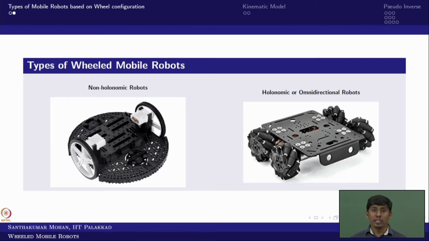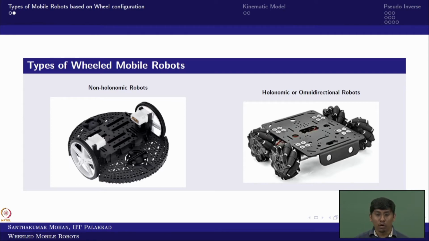What does that mean? It can maneuver longitudinally, laterally, and as well as rotate freely. That is what you call omnidirectional. So you can resemble what an omnidirectional wheel is. The wheel can go longitudinally, and it can also slide laterally. In the same way, this particular robot which has all three motions possible, we call an omnidirectional robot. So now you have clarity, right? What is non-holonomic, what is holonomic, right?